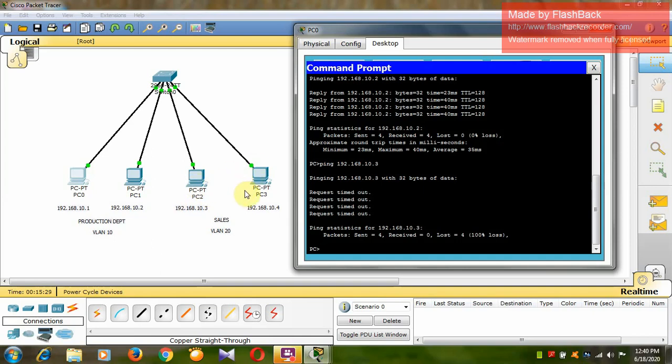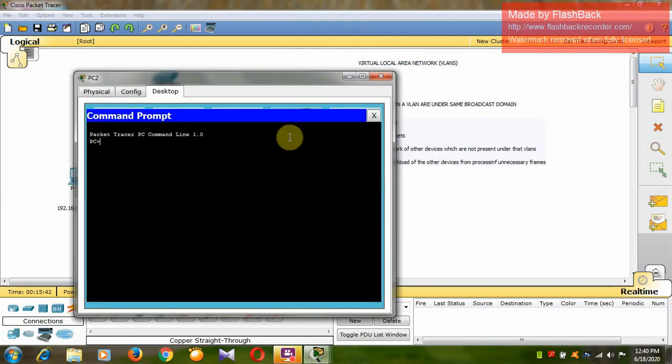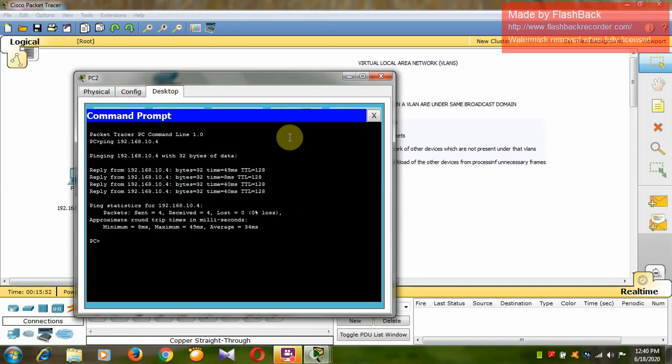Now you can check. These two PCs, PC0 and PC1, are communicating. Now PC2 and PC3, let us check this one. If I ping PC3, 192.168.10.4, I'm getting the reply because these two PCs belong to the same VLAN.